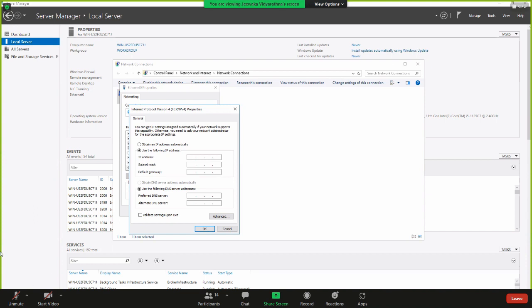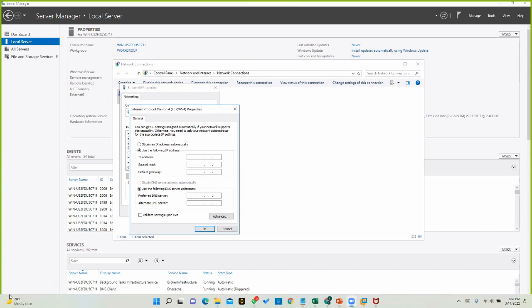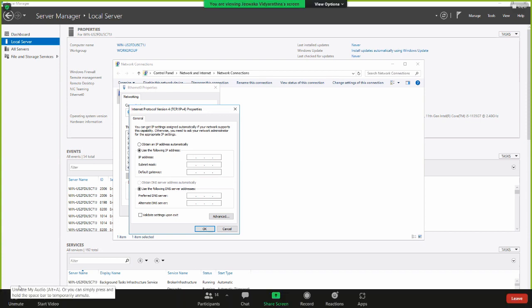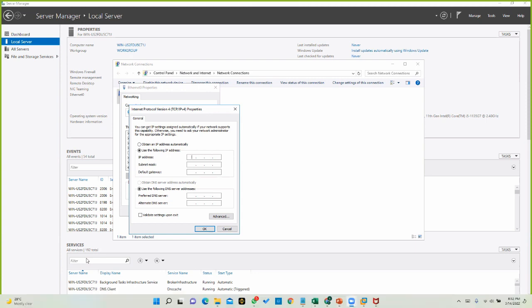Private address and public address. Okay, private and public address. What is the difference between these two? Public addresses we can use globally, but private addresses we cannot.